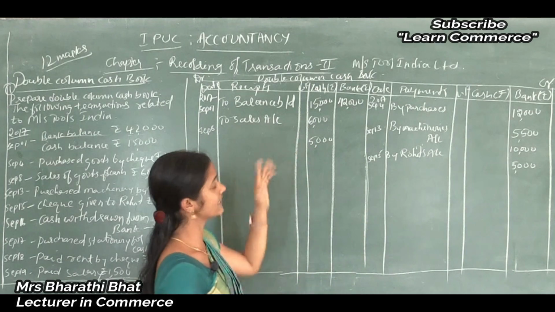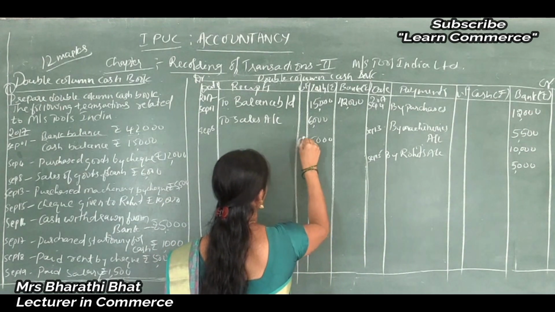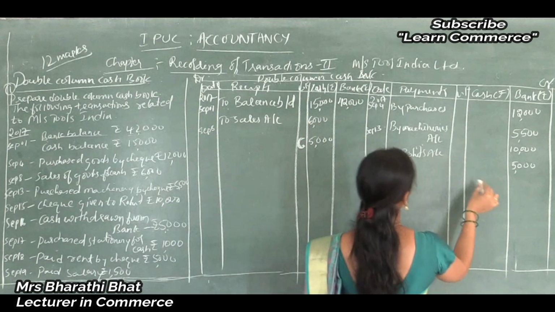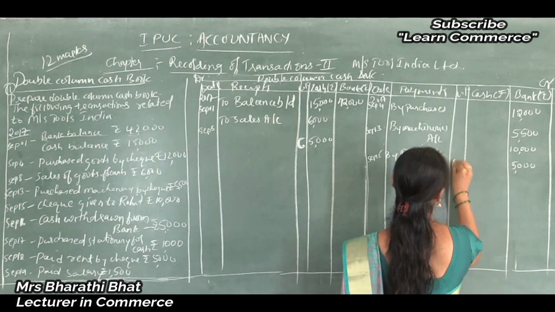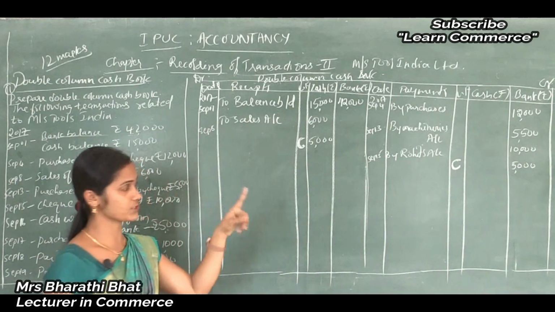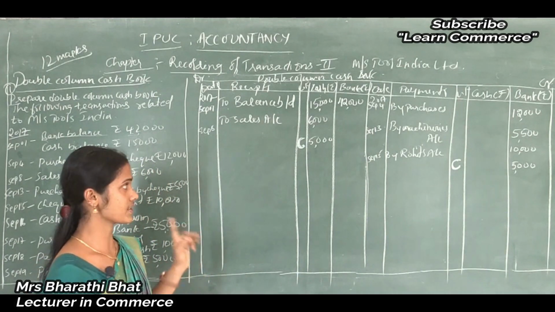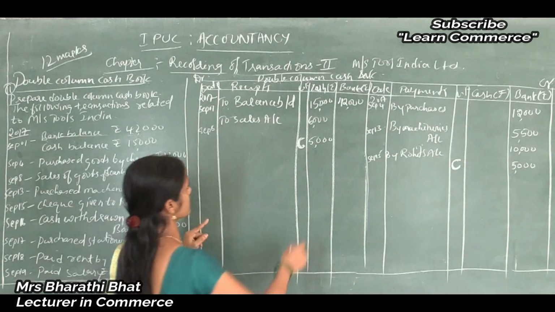Clear? So the next step is to write contra. Write C in the LF column in front of the amount. It means that the transaction is a contra entry. That transaction is what? Contra. So the next step is